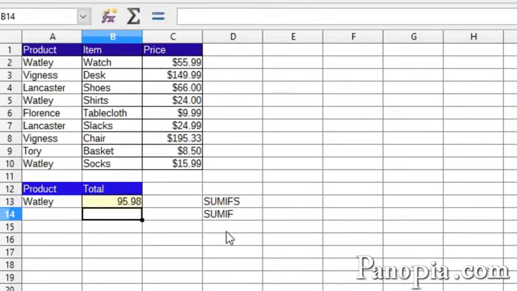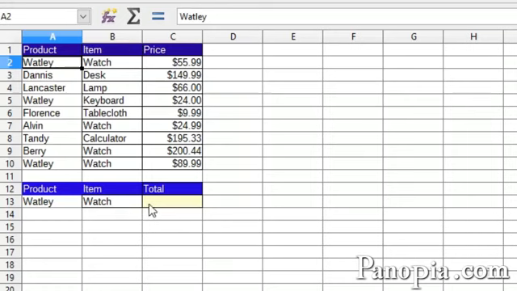The real power of Sumifs is handling multiple criteria. To do this, you continue appending more parameters at the end. In this example, I want the total for Watley again, but I only want the watch items. First, click the cell where you want the total. That would be C13. Type equals